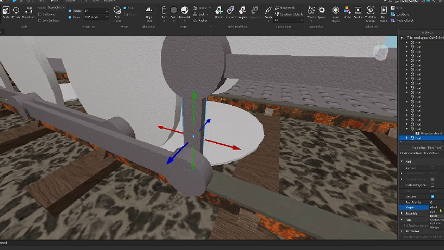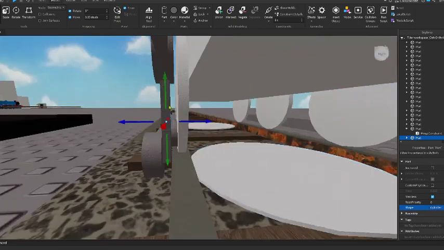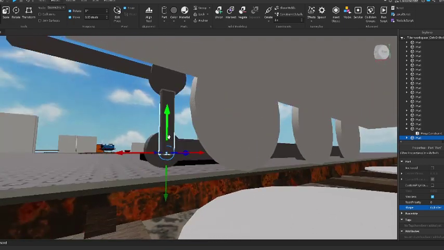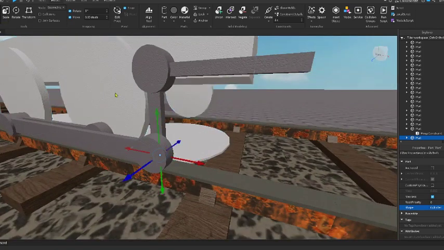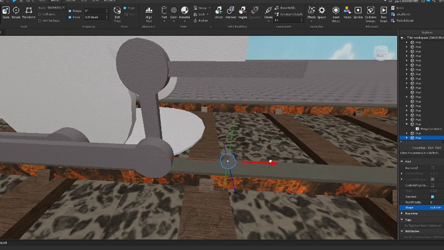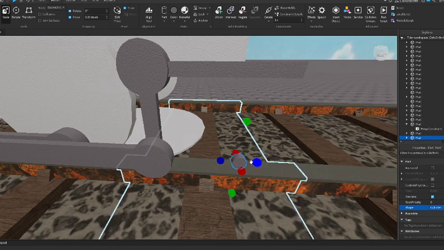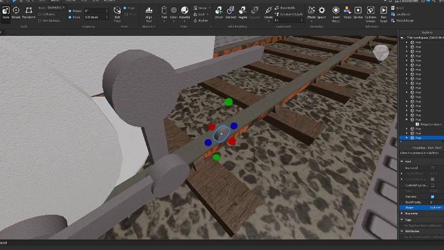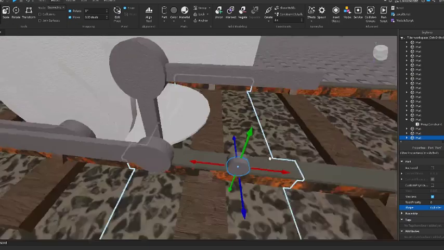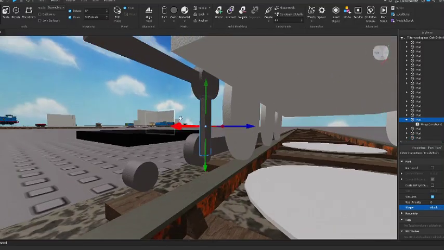Turn it into a cylinder. Line it up correctly. Right there. Then, move this right here. If you want to make it bigger, can this time. There you go. Then, get another one, move this right here. Doesn't matter how long you make, as long as you think it's fine